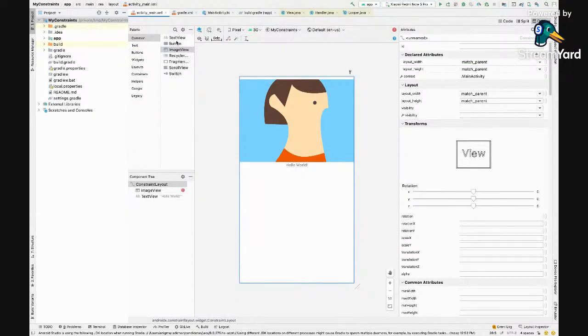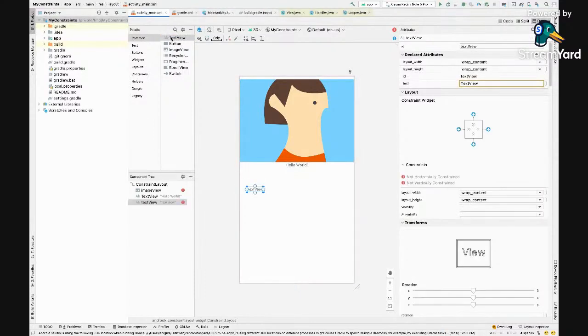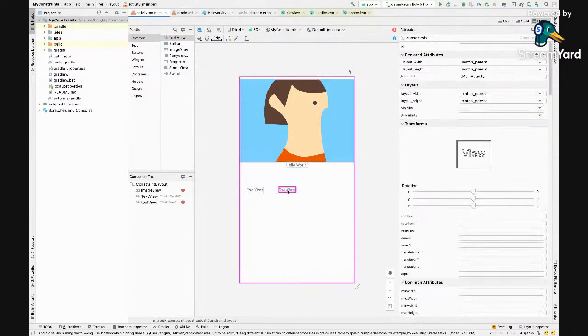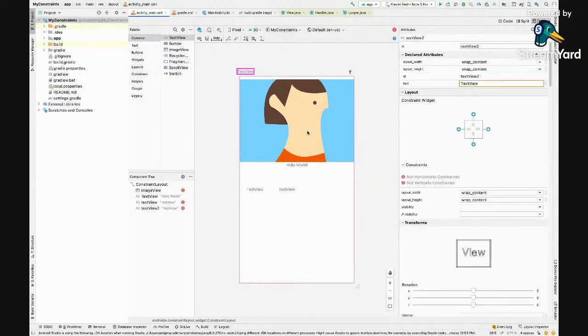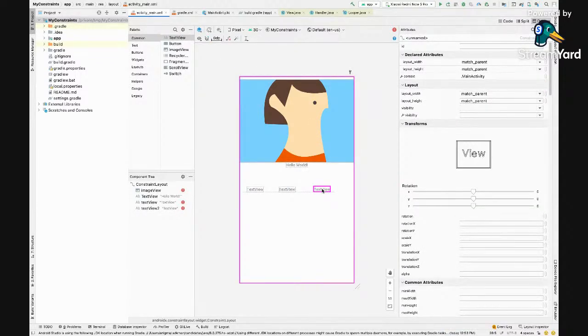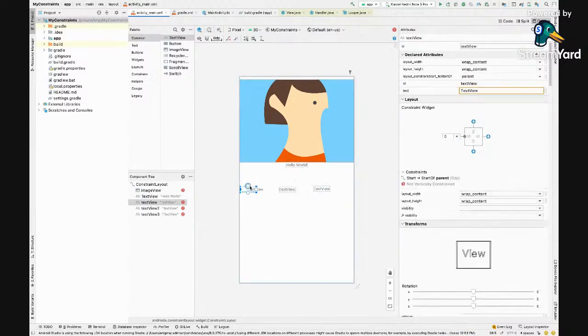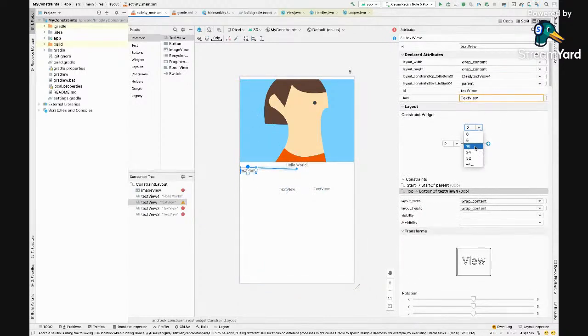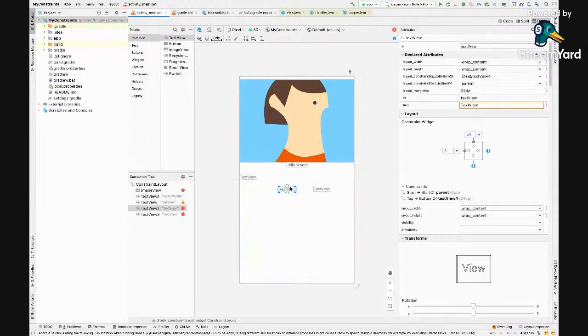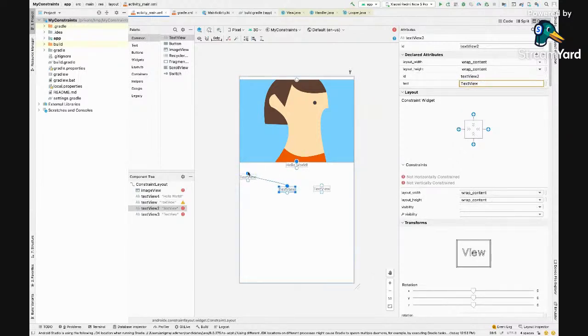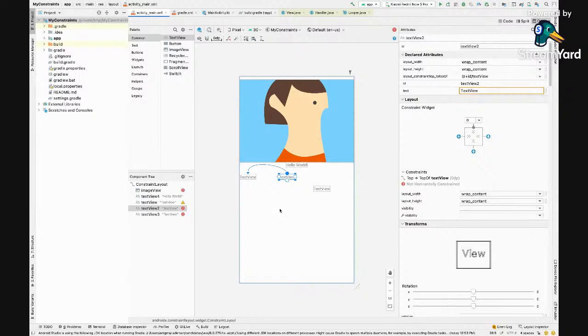So now let's say I want to add three layouts next to each other, right? So I'll just create three text views. Okay, so what I'll do is I'll just mark it with reference to each other. I'll say 24. So the UI development via the design view is also very smooth and cool.